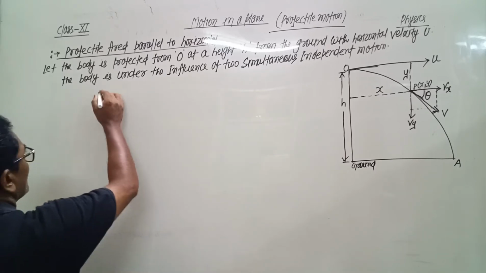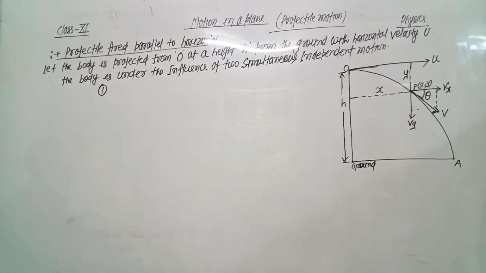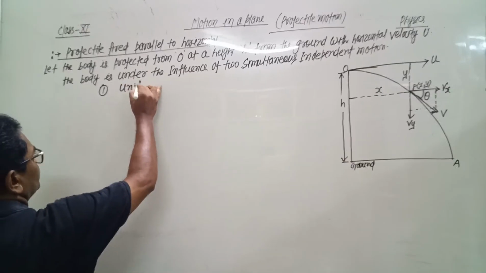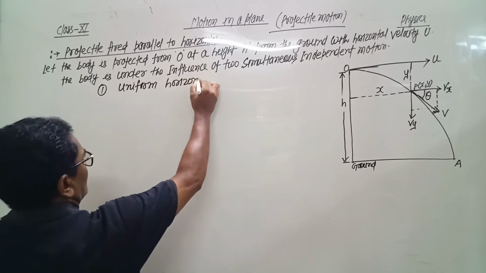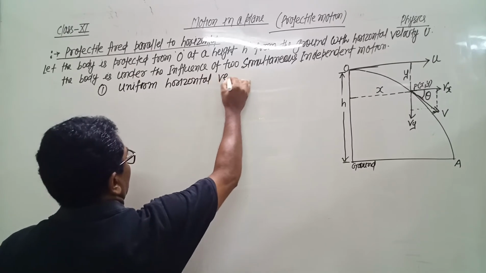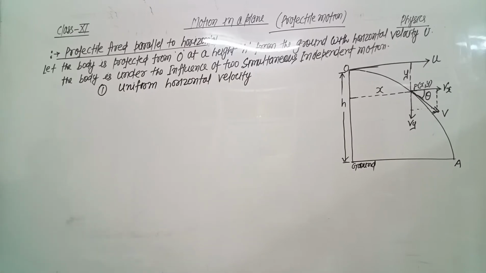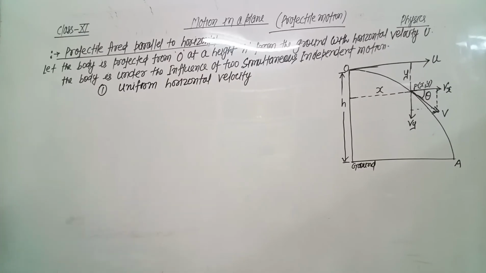First, horizontal motion with uniform horizontal velocity u. The body is under the influence of two simultaneous independent motions. The first motion is with uniform horizontal velocity u, and the second is